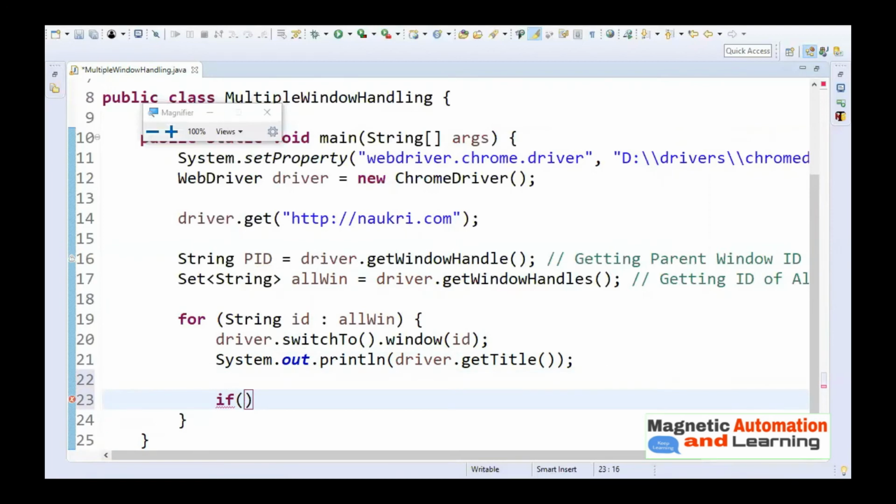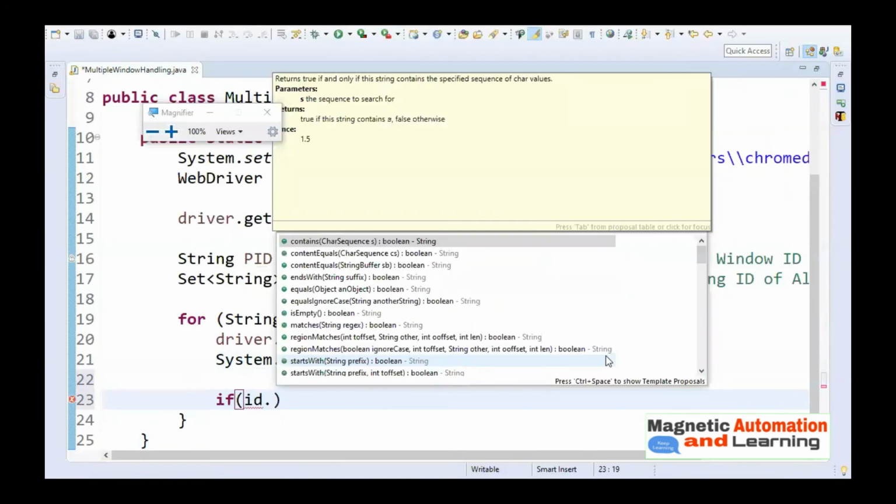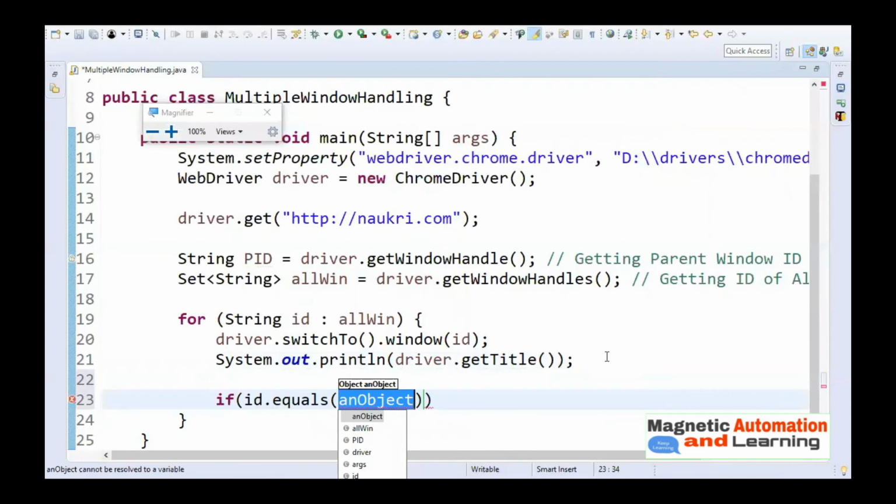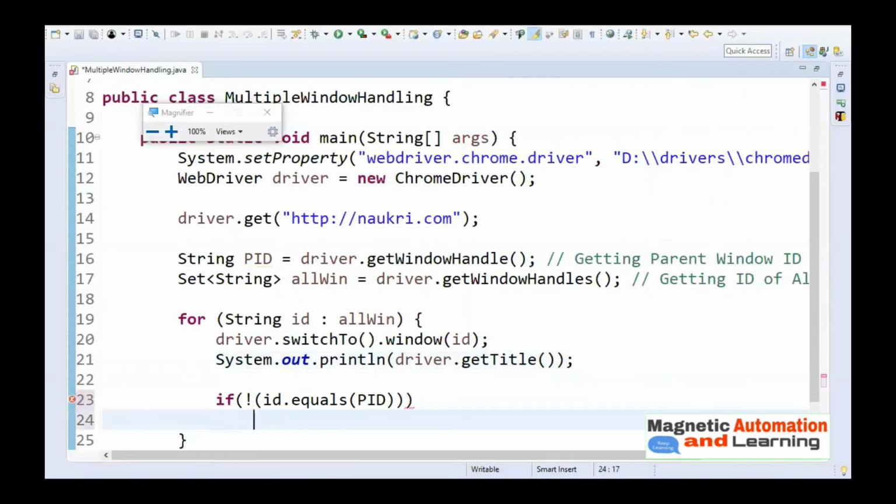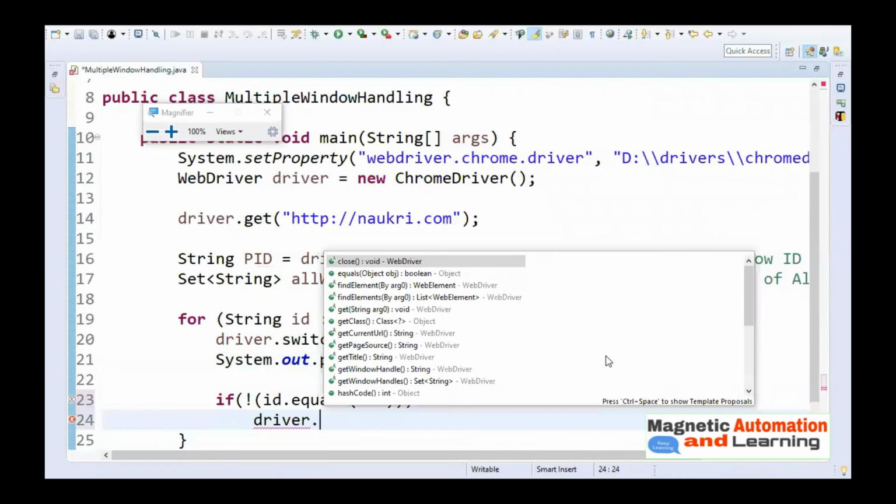If id dot equals parent ID, I will use not equals actually. If it is not equal to the parent ID, it means it is the child ID. So what you need to do is close that particular window.